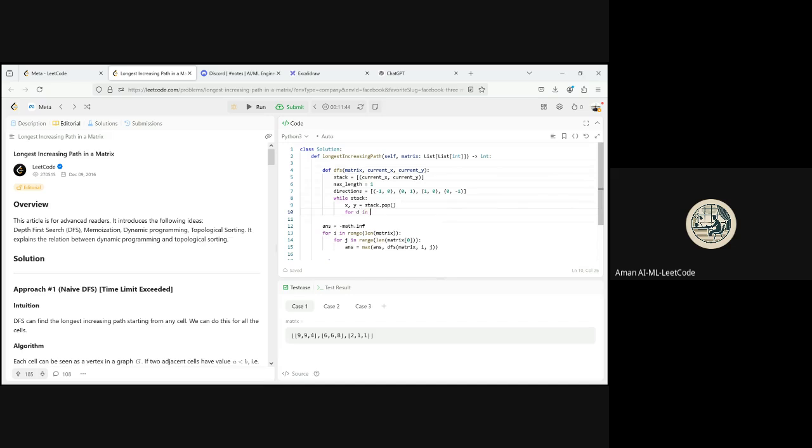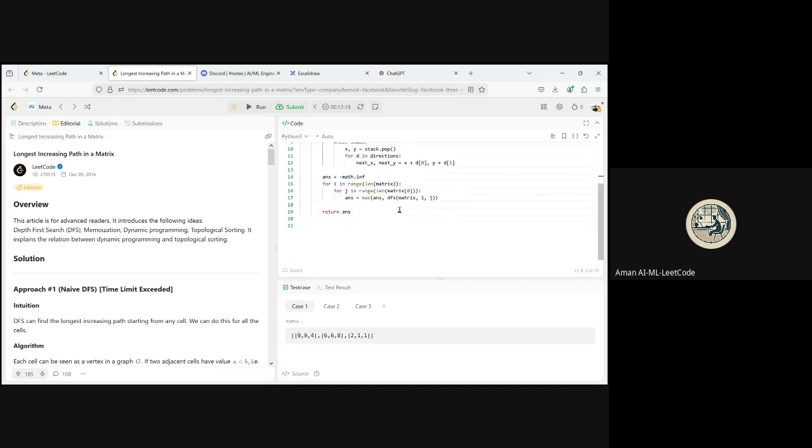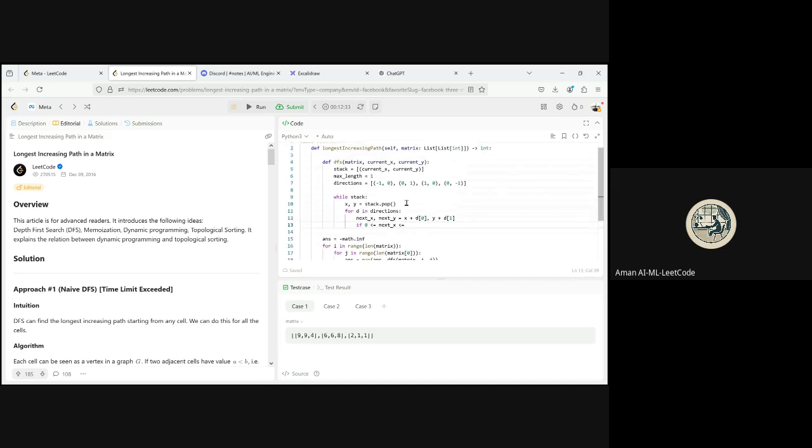Okay, so let's go for all the directions. For d in directions, next X, next Y. Let's get that. X plus D 0, Y plus D 1. So your X and Y coordinates, right? Okay, let's just say what is your N and M, or we can just clearly check it here. If next X has to be greater than or equal to 0, and it also has to be less than